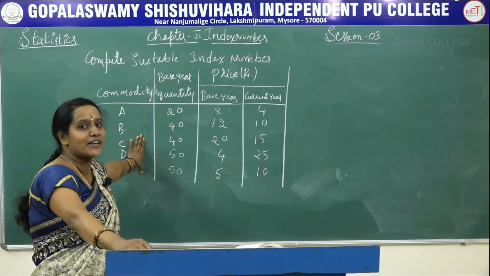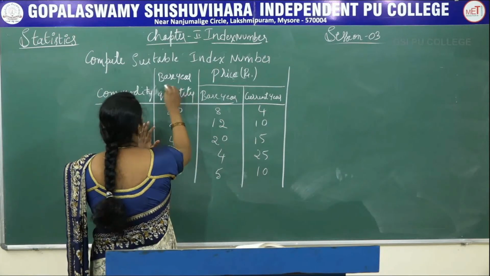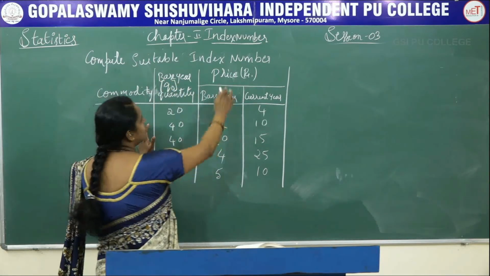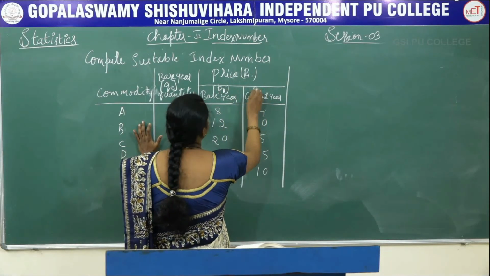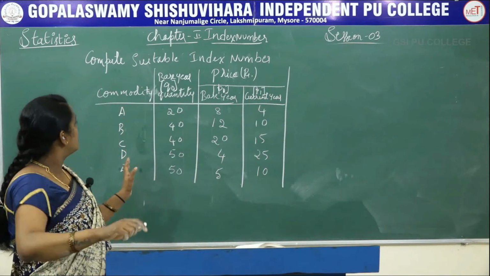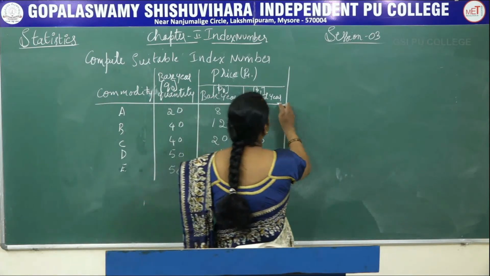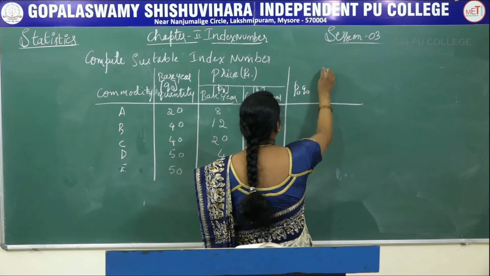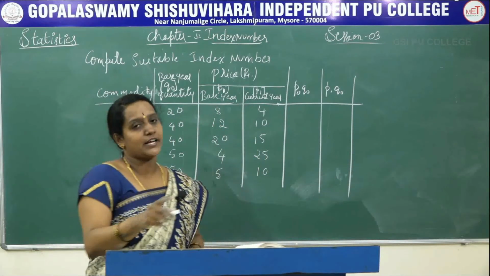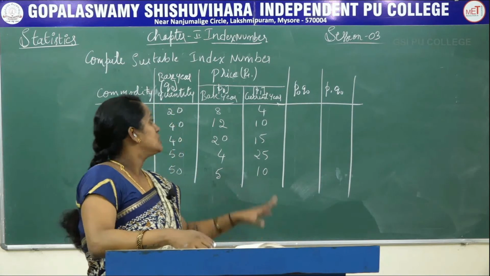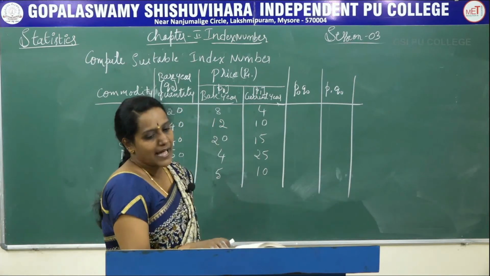First we have to analyze what they have given. They have given base year quantity, which is denoted by Q0. The price of base year is P0, and the price of current year is P1. So they have given only Q0, P1 and P0. So we can take the products P0Q0 and P1Q0. Only these two products can be taken. The product should always be in the form of PQ. Compute or calculate that.